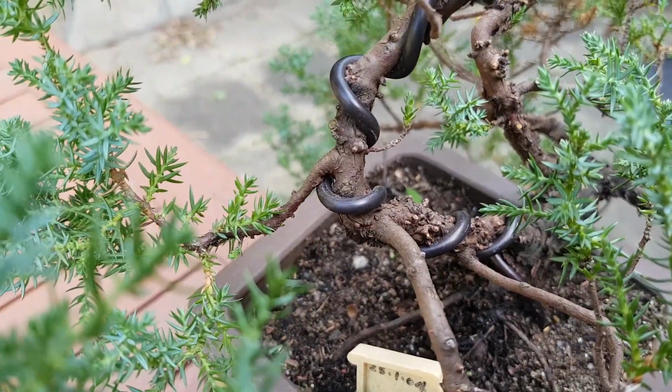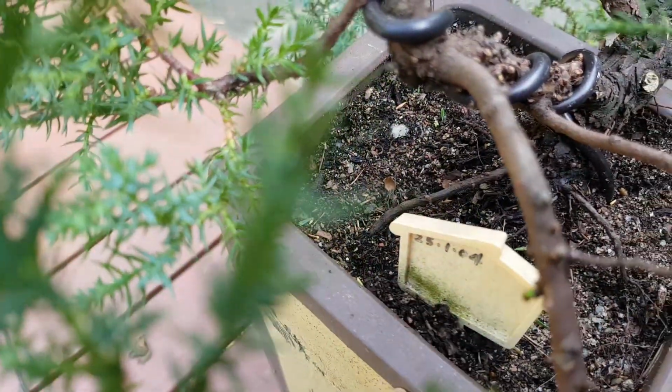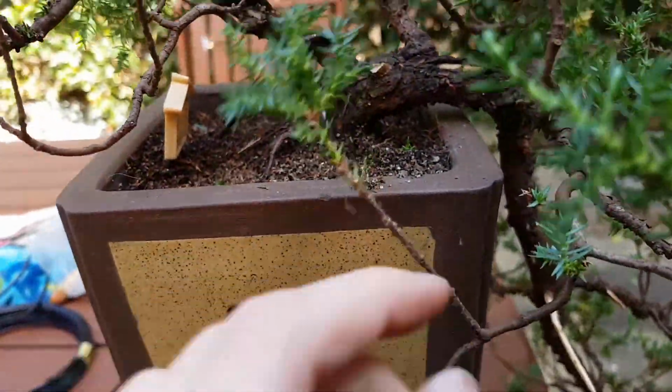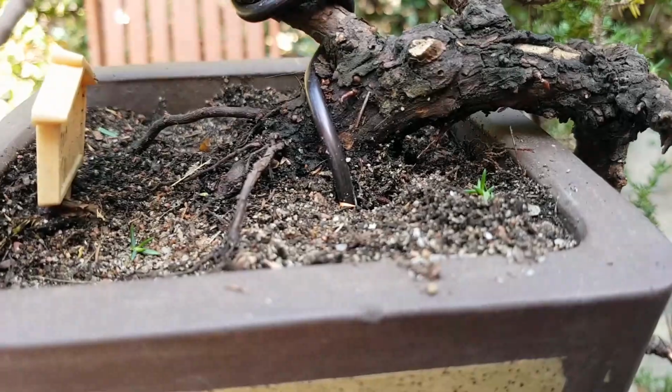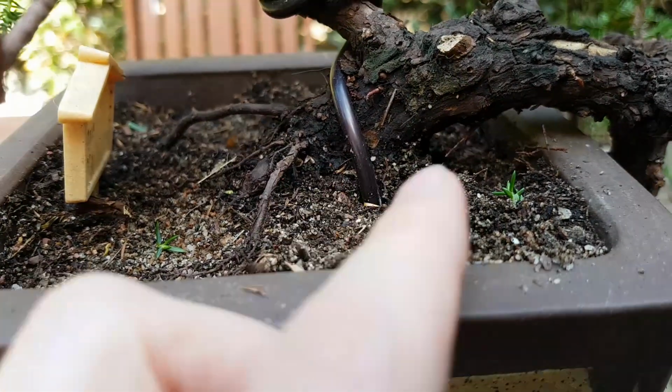Come back to torturing my poor tree, because that's what this is, right? You know, tying it up, and oh, I've been disturbing the little ants down in here. There's these tiny little brown ants, and I pulled up, you can see it's a little bit higher, I pulled up the soil a bit just so I could see where I was going to put the wire,